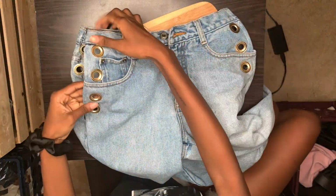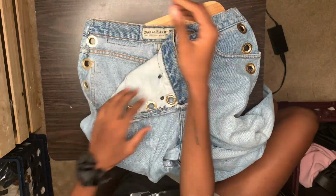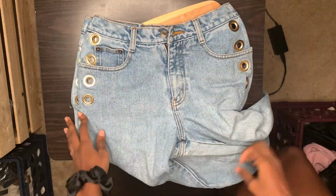And y'all, as y'all can see, this pack only came with 12, so I ended up going to Lowe's and buying another pack. So all in all, I used 25 on each side. And after I had all the eyelets done,